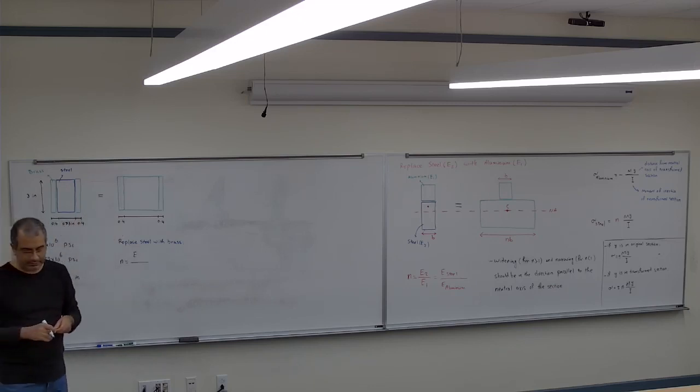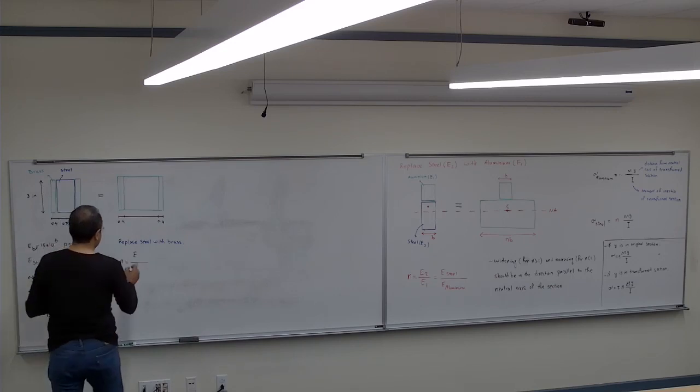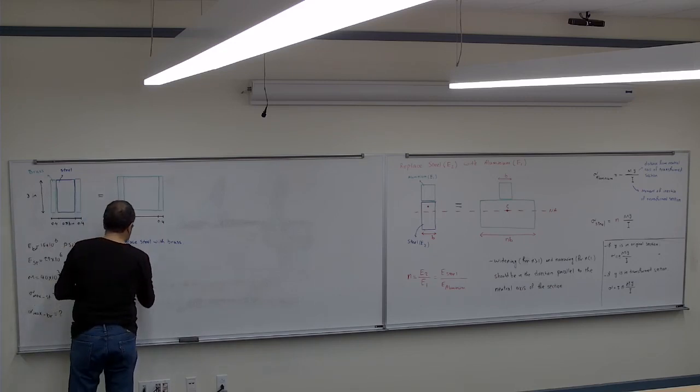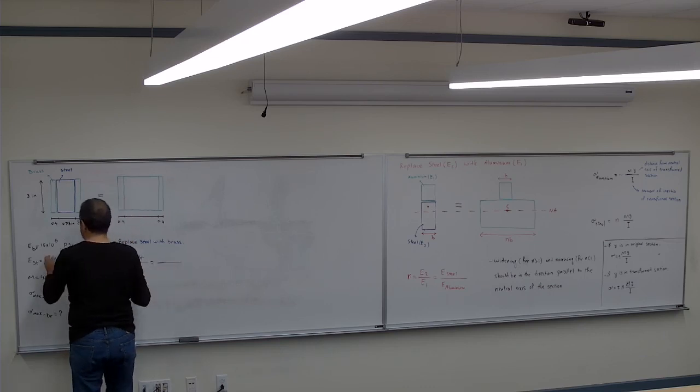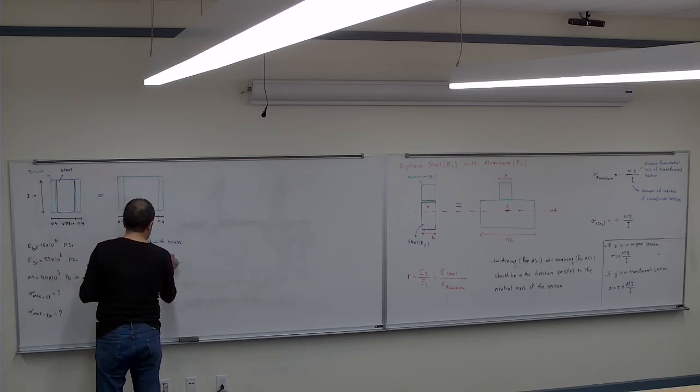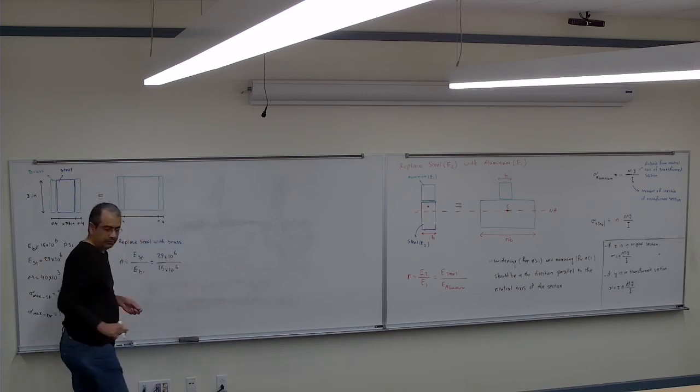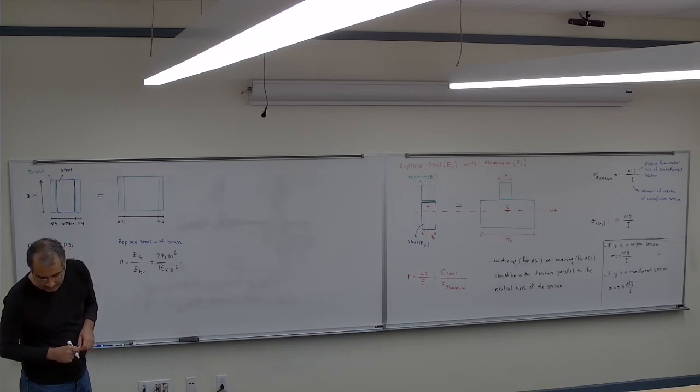So N is going to be the E of the steel divided by E of brass. So it's going to be 29 times 10 to the 6 divided by 15 times 10 to the 6, which becomes